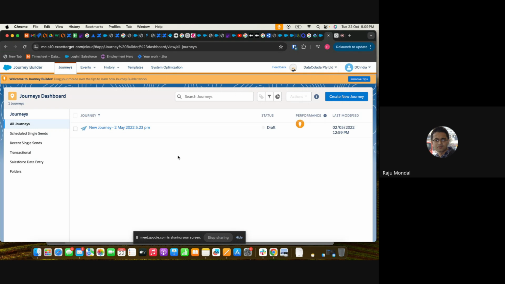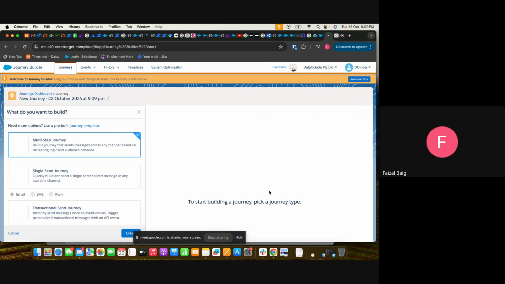You can use the data extension as your data source for that particular customer, lead, or subscriber, and send that SMS, WhatsApp, or email through Content Builder and Journey Builder. Journey Builder. Great.